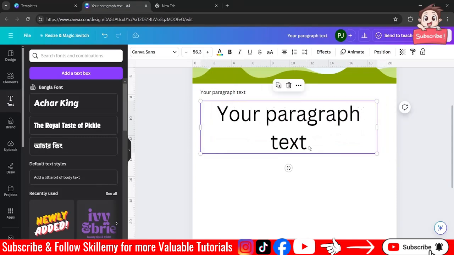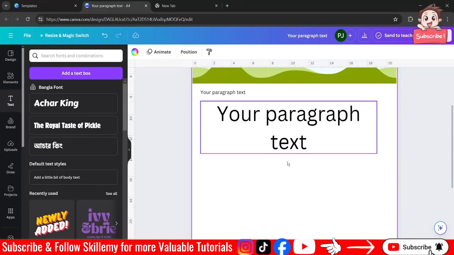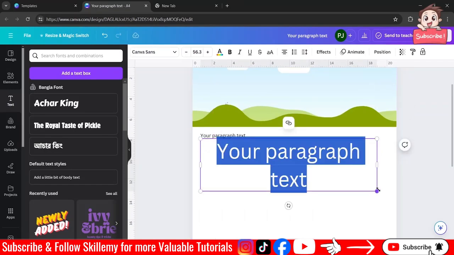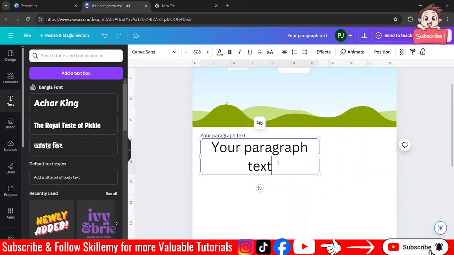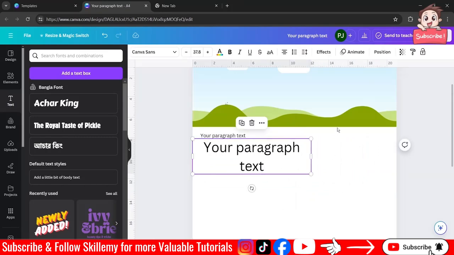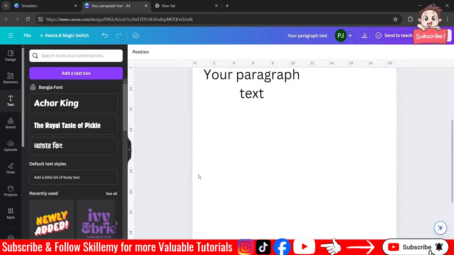So this will be our text box where we'll write about us. You can make it small also if you want. And over here, I can put the contact detail or any other detail if I want. We'll go for the next one.